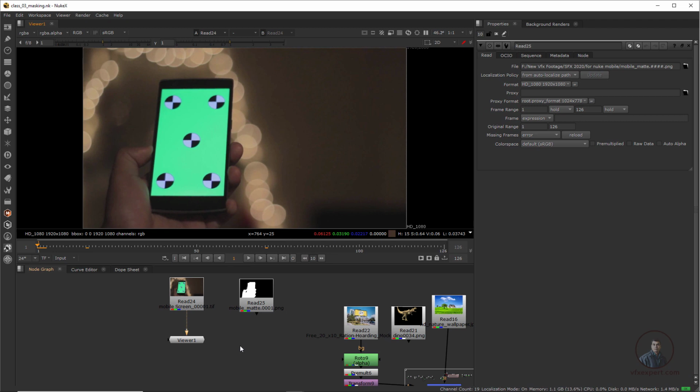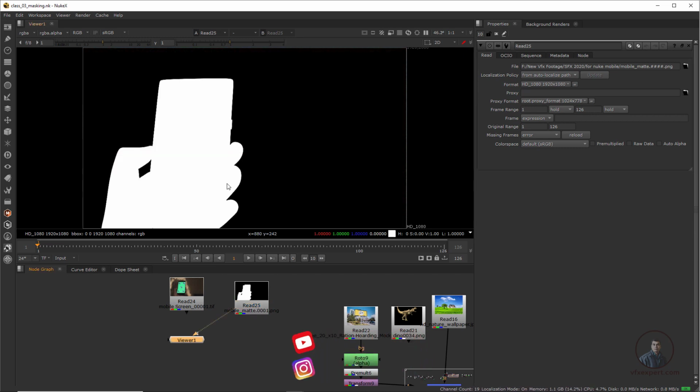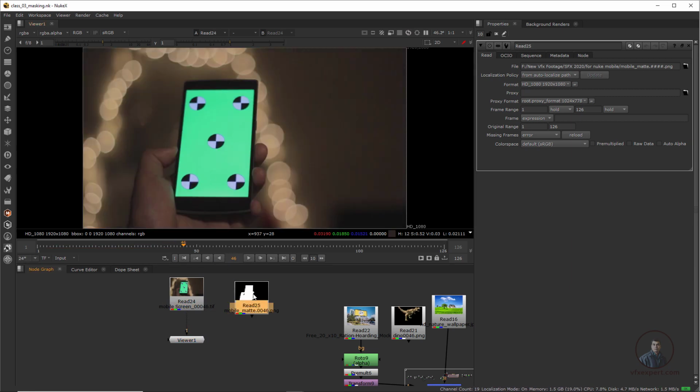So now here in Nuke, I have imported all this footage inside our Nuke. So first we have to understand what actually a matte is. Here I just have this video, so select this one, play and check it here. And second, this one is actually the matte of this video, or matte of this image. So just select this one and press 1. Now you can see, if you play, this is actually our matte. So this is our original footage and this is our matte.